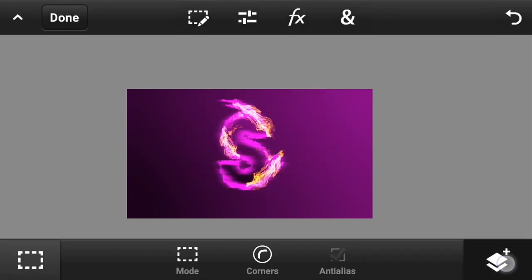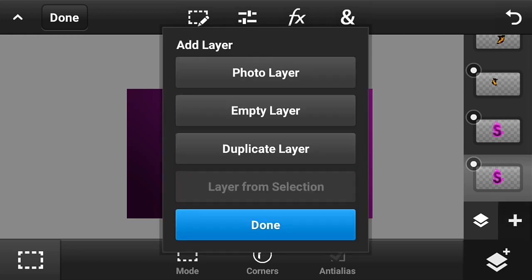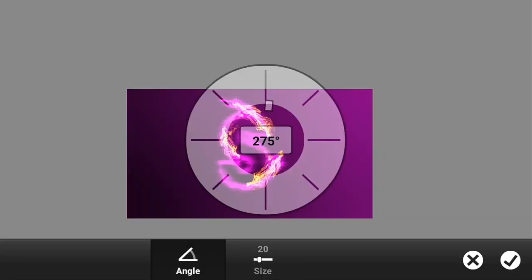Then duplicate the drawn lines that we made again, go to FX button, directional blur, and put the direction at 270 degrees.